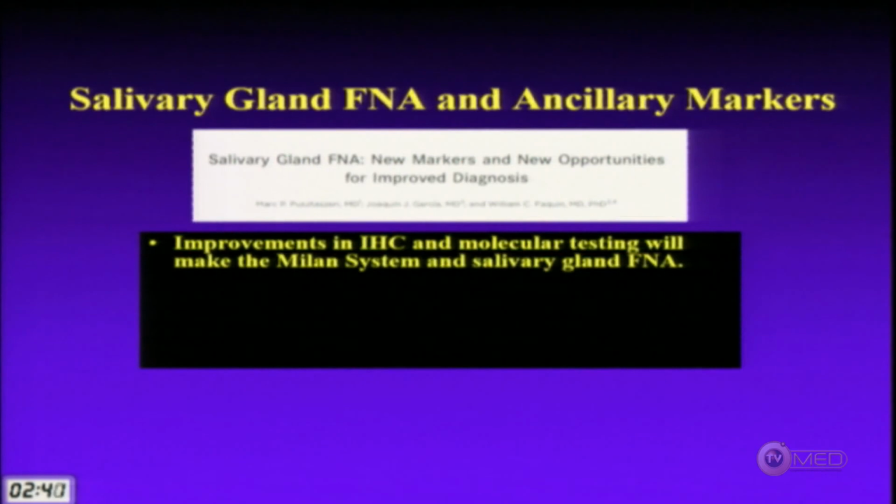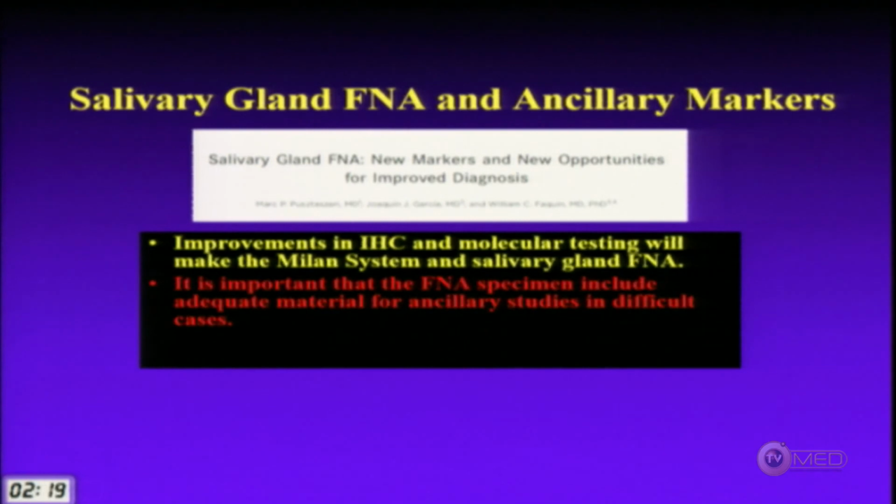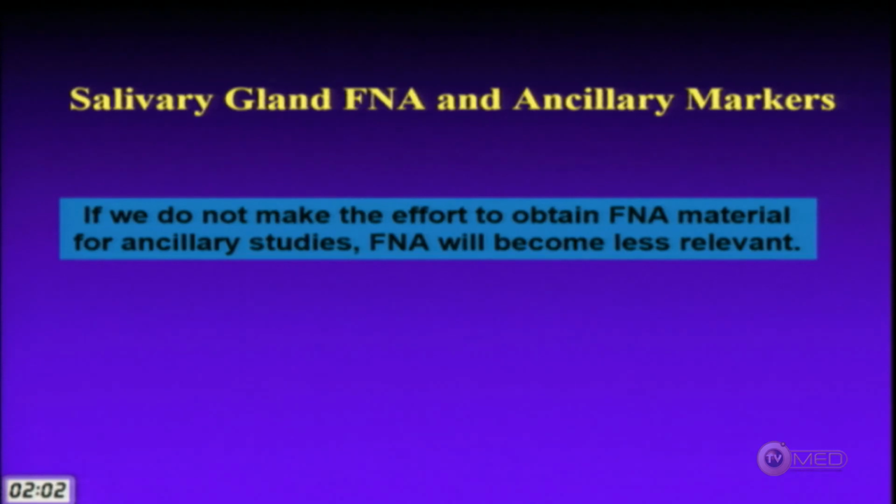So let me just finish up by saying one word about ancillary studies. I'm going to talk a lot more about this in detail on Friday morning, but there have been a lot of improvements in terms of immunochemistry and molecular testing for salivary gland. It's very, very rich now. We've got a lot of tools at our disposal that we can use, and this is great. So it's very important when you're doing the FNA, if you can, to try to get some extra material to make a cell block so that you can do some of these ancillary studies. And we prefer cell blocks to address this. And I think this is very important.